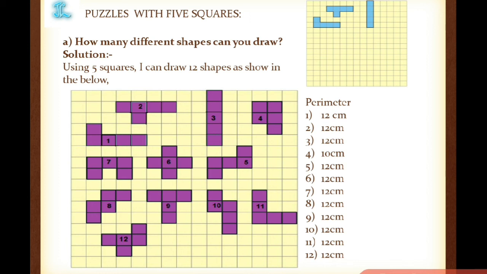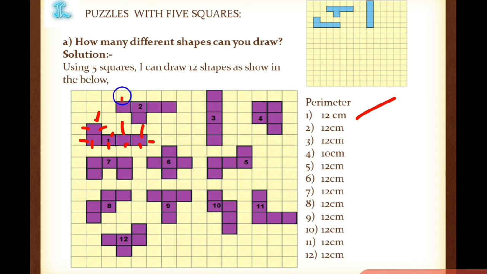Already we discussed in our starting classes what the perimeter is. The length of the boundary of the given shape is the perimeter. So how will we get it? Now for the first one, they have given the numbers also. The first one, perimeter means what? We have to add the outside, on the boundary. 1 2 3 4 5 6 7 8 9 10 11 12. Okay, 12 centimeter.